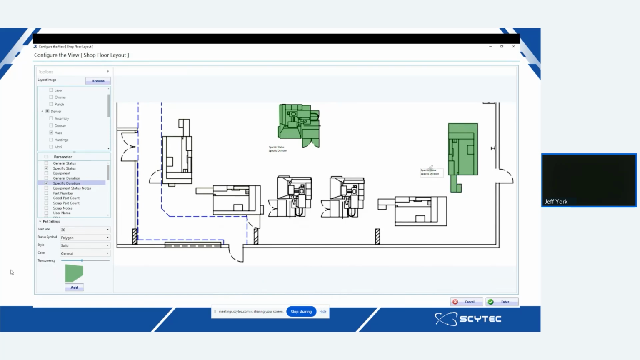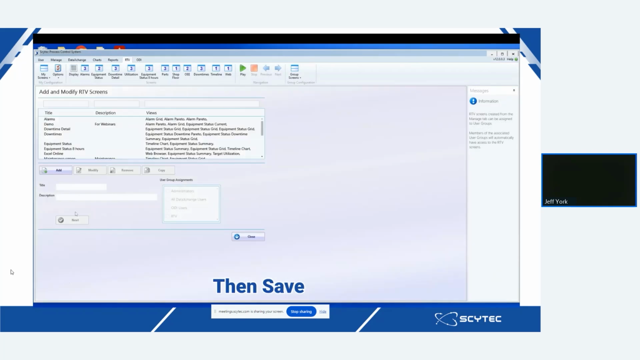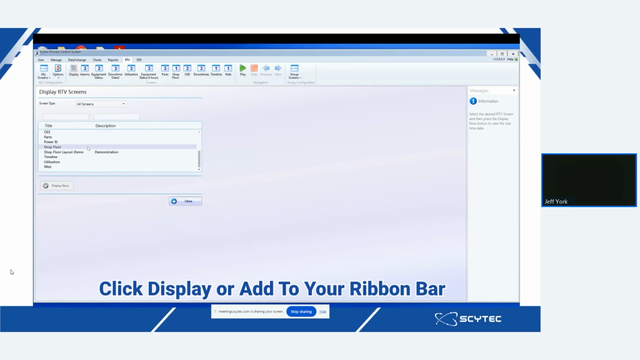And then once you're done, you will save that and then do that for all the other pieces of equipment that you have. And when you're done with everything, you will hit enter. Then you will save your shop floor layout. And then you can have this displayed. You can see it. It's now one of the selectable options inside of your RTV area. And you can then hit display, find your new